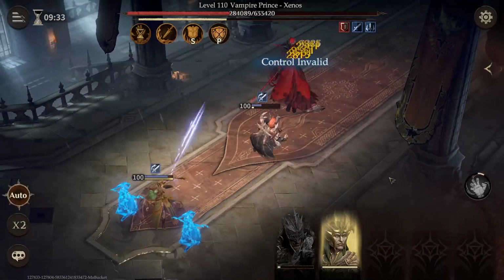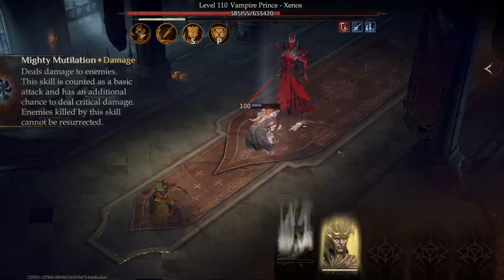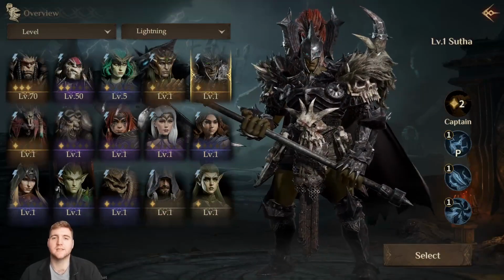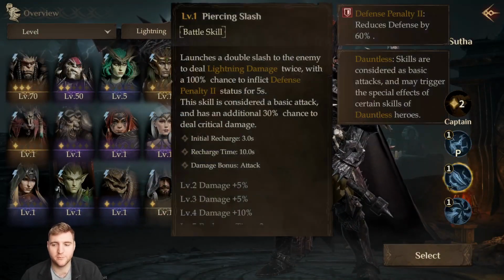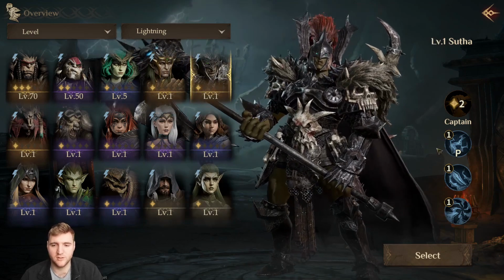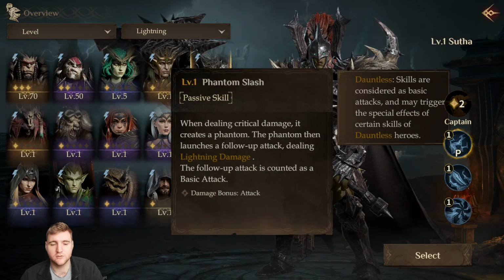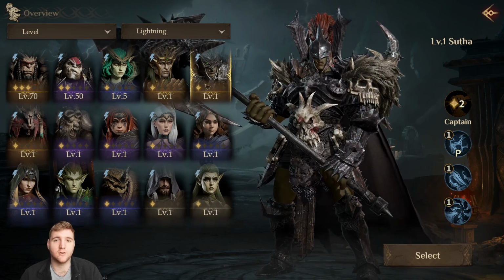The attack does 5 instances of damage that count as basic attacks, so lots of attacks coming out there. Again, good chance of crit rate, high chances of proccing basic attacks. You would think Sutha and Ivellios probably have pretty good synergy, with Sutha just raining attacks out rapidly, all of them counting as basic attacks with increased crit rates, proc this passive more often to get more of those follow-up lightning damage procs. So a lot of lightning damage done by Sutha and a lot of basic attacks, which will